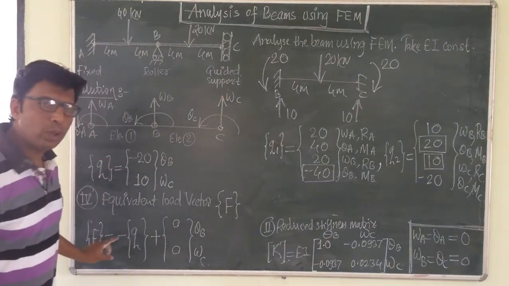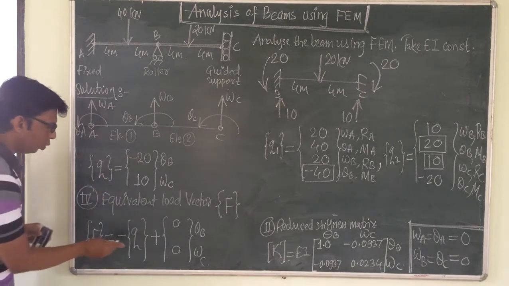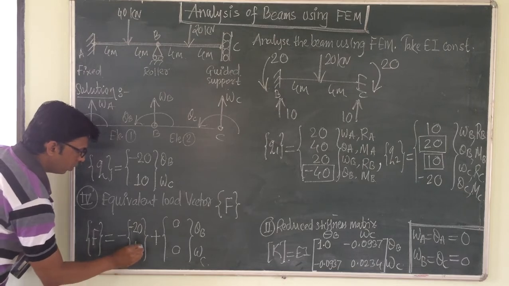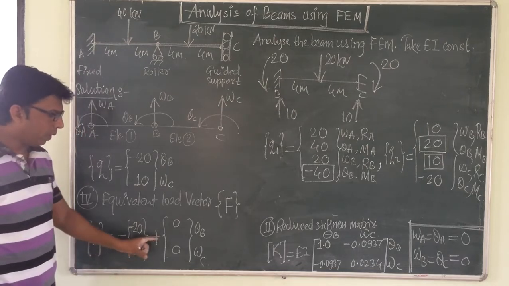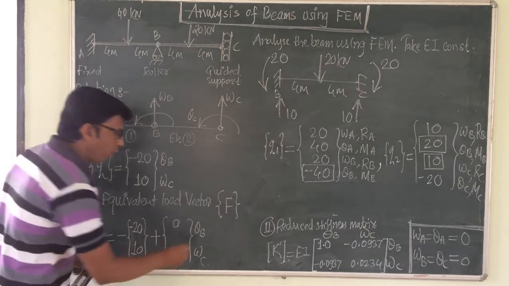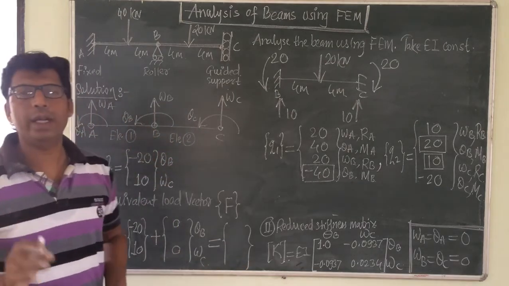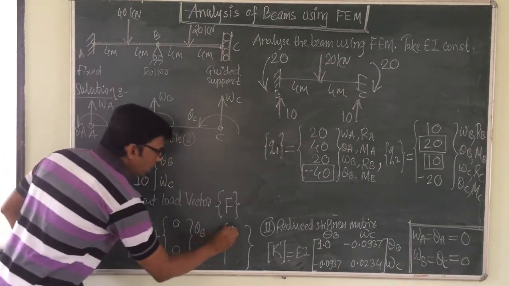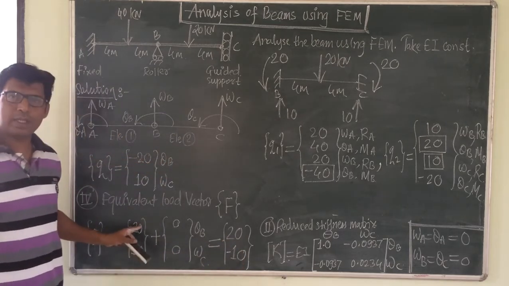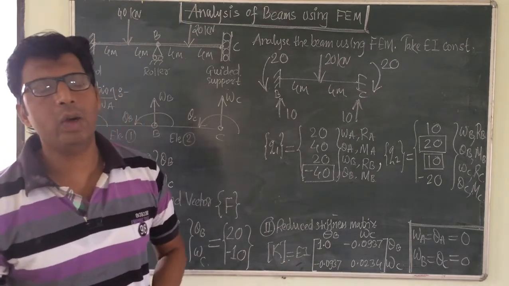Okay. Now F is equal to minus Q. Q is equal to this. So minus of Q, plus, in the original structure, any forces acting, those are 0. So the final answer for F, the final answer for the equivalent load vector F, is equal to this: minus minus, plus 20 and minus 10. So this is your final equivalent load vector.